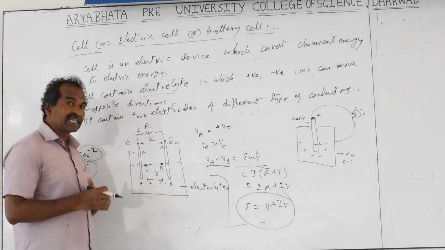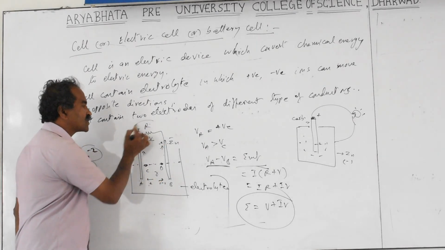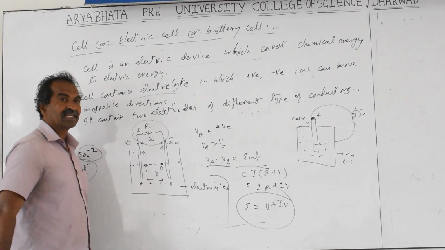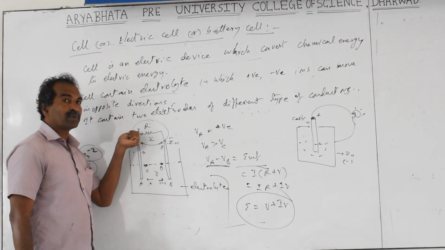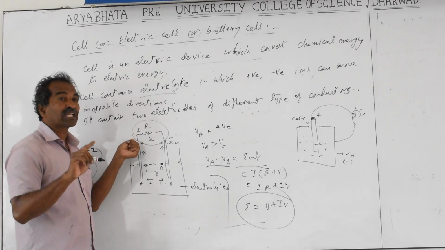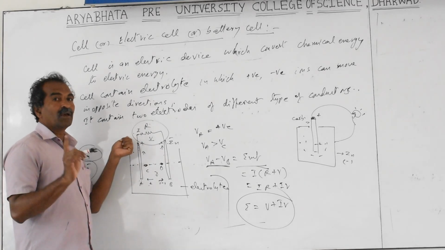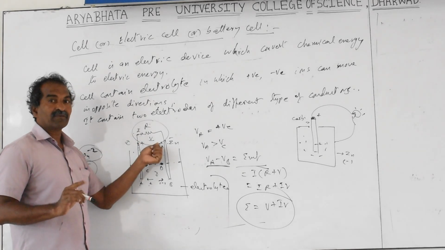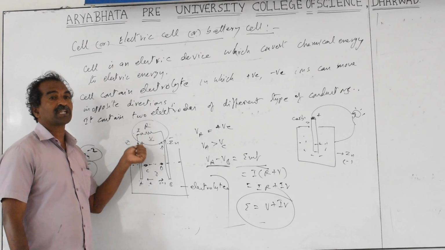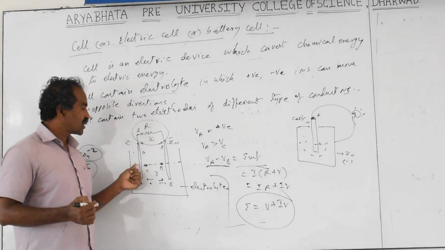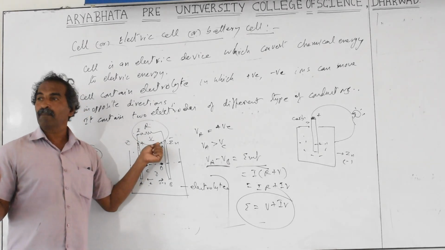But when current is passing, what we measure is only the outside; we can see it outside, we cannot measure inside. So what happens here is V equal to IR, what we are measuring is called the terminal potential difference. This V is called the potential difference across the two terminals when current is passing, called the terminal potential difference. Whereas EMF is the potential difference across the electrodes when current is not passing.